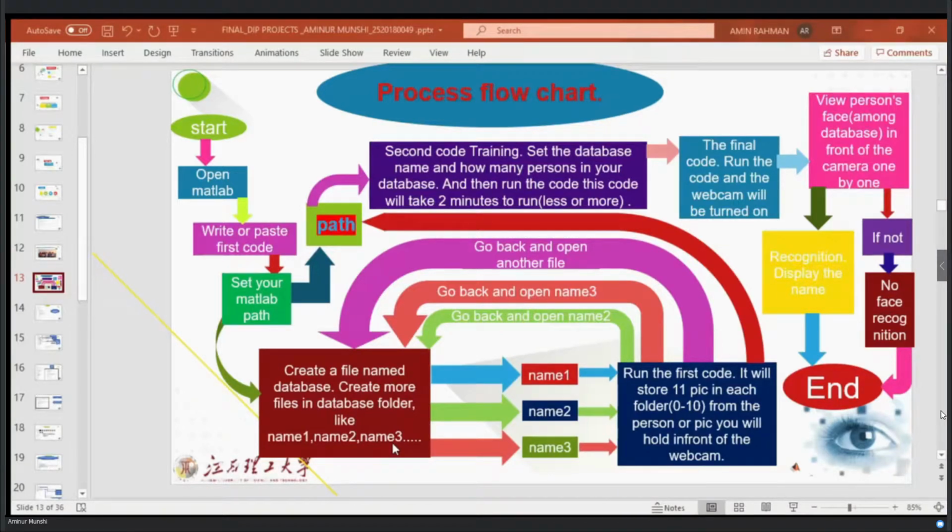I used a function called AlexNet, where we can store thousands of persons' names, like this, name 1, name 2, name 3. We can store thousands of persons. It has the capability to store 1,000 persons. And then